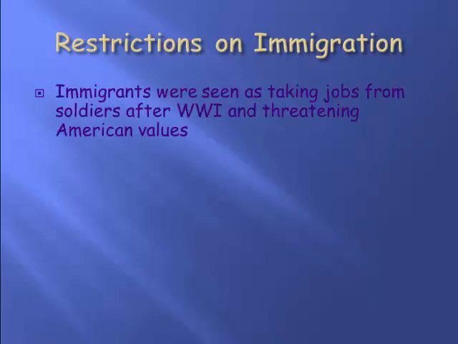Well, our government actually does react to the growing opposition to the Reds, the growing opposition to communists and socialists, and the activities of the Klan. So what did our government finally do? Well, immigrants were seen as going to take jobs from soldiers and World War I guys coming back home. Immigrants were seen as threatening to some of our American core values. So we begin to say, hey, maybe we should limit the amount of immigrants coming in. So the word for anti-immigration is nativists, or the ideas of nativism, right? Nativism is on the rise. You can definitely put the Klan in that nativist group. They did not like immigrants, right?